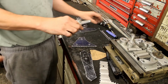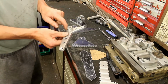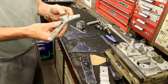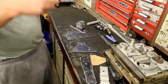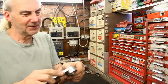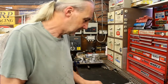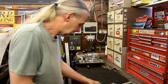I'll just point out that these will be running on roller bearings. That's why we've got those bushes. We've got a little sealed bearing in there, so everything's lovely. So we can reuse that particular bush there and then make another one. To be honest, if you try and get that out of there, you'll probably end up damaging it. It's not easy. No, in that case, we'll just make some more. We could probably do it, but no. I've got to make one for the other, so it doesn't take long just to whip a couple of them up. No problem. And then also, you've been busy, and next to your hand on the left there,